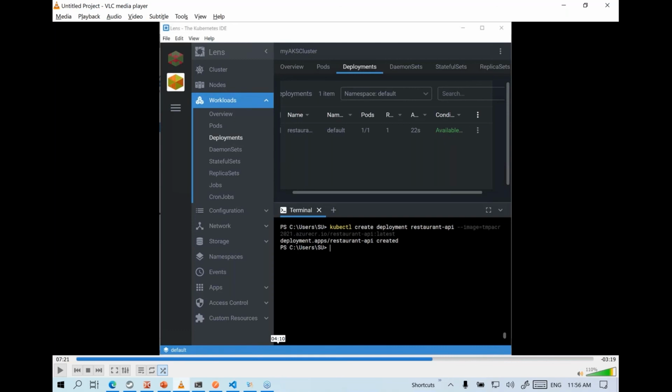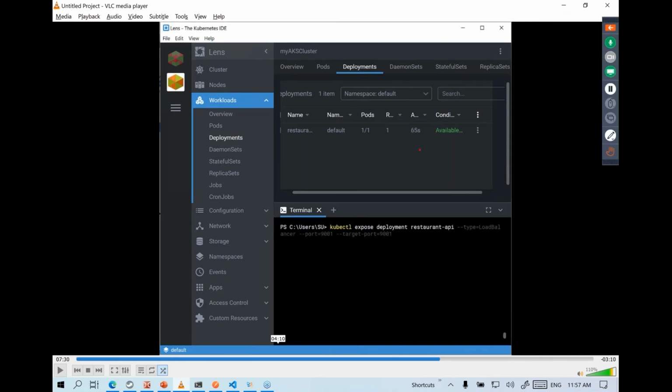Now, even though you have deployed your application, it's not accessible. None of the service endpoints or port numbers are currently available to us. And that's a default security feature in Kubernetes, that none of the deployed applications are exposed as services. So you need to expose your deployed application.